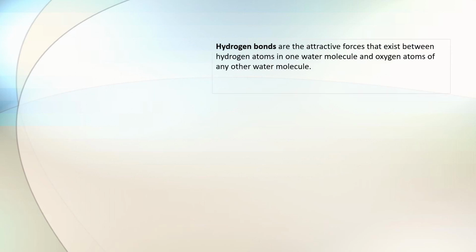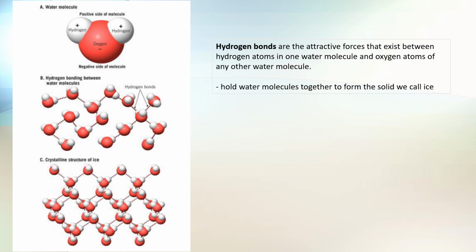And so, as the definition, what are hydrogen bonds? Hydrogen bonds are the attractive forces that exist between hydrogen atoms in one water molecule and oxygen atoms of any other water molecule. This hydrogen bond is the one holding water molecules together to form the solid we call ice. For example, in this figure, it shows here in the upper part